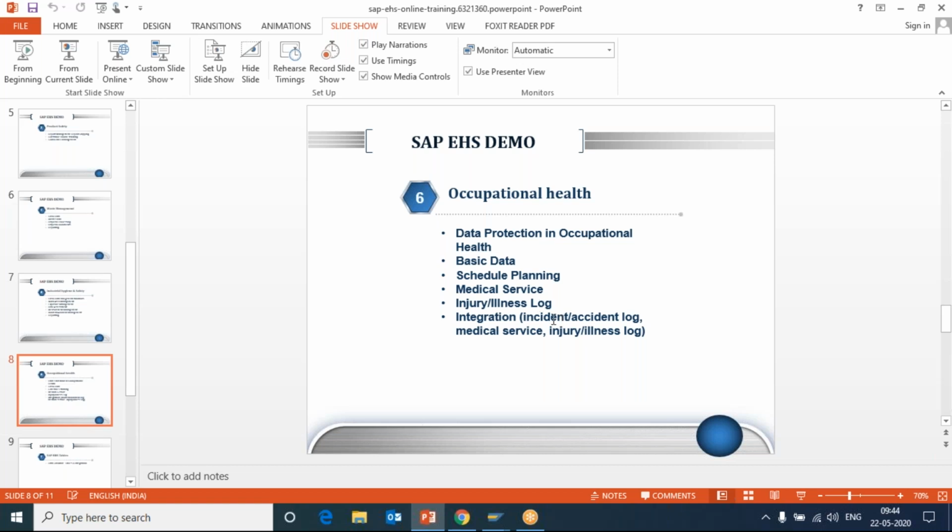These two reports are quite integrated because, since you are from an EHS background, you must be knowing, if there is any illness, the doctor might suggest that the illness was because of some process, because of inhalation of poisonous gases, for example. Now that becomes a completely different picture.